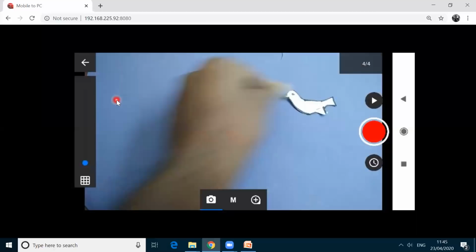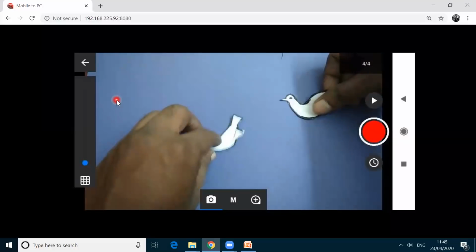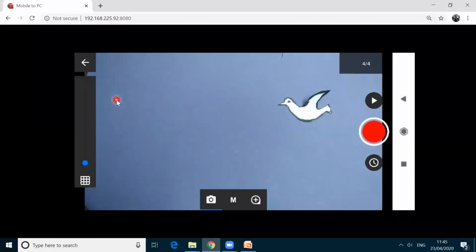I want to keep it exactly in the place, but I don't know where I have kept this one earlier. To check that one, there is an option here, this symbol, see, this dragging symbol. Wait, I will move. Okay, I will take this one.